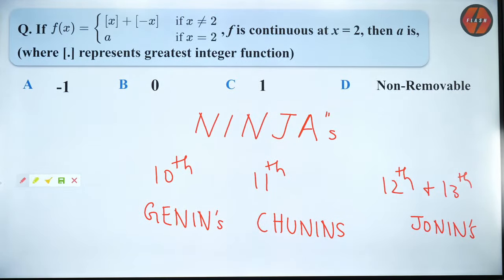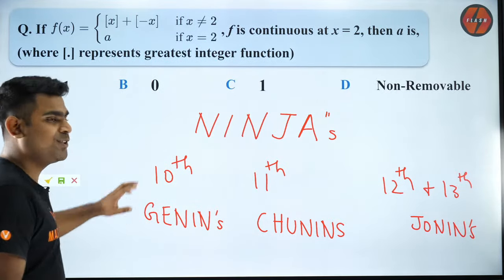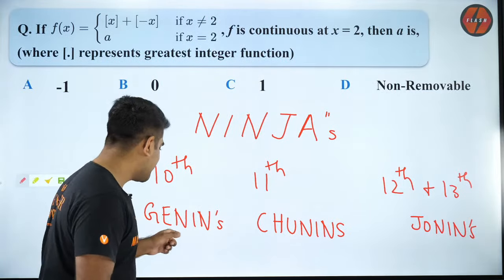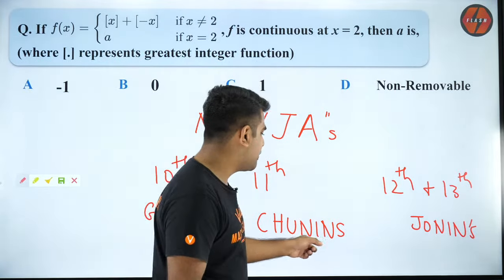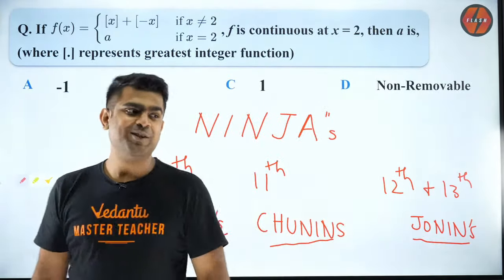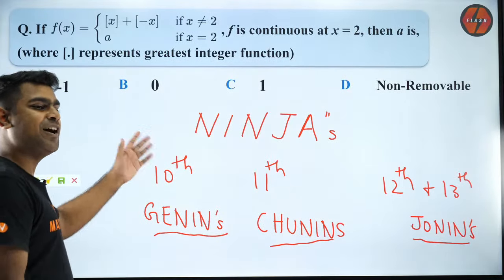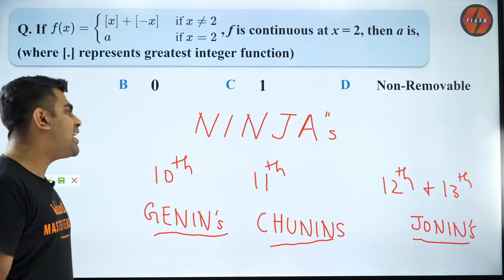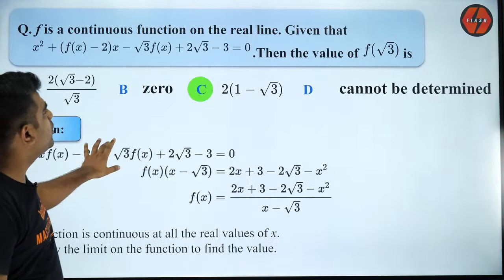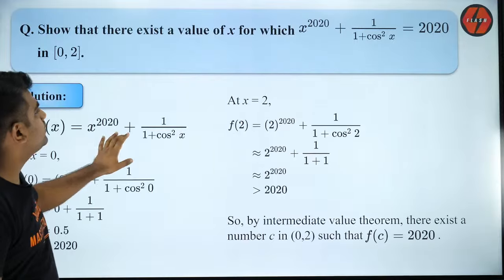So, all my ninjas, we will meet in the next session. Till then, take care guys. All of you do well, and I have a few more slides to discuss. But yeah, this is the ninjas rank. So Genins are supposed to be the beginners, Chunins are supposed to be the second level, and Jonins are supposed to be the experts. Okay, so 12th standard guys are the experts, and we have the Jonins here. So with that, let's wrap it up. So I have a few more things to discuss. We will do that tomorrow.